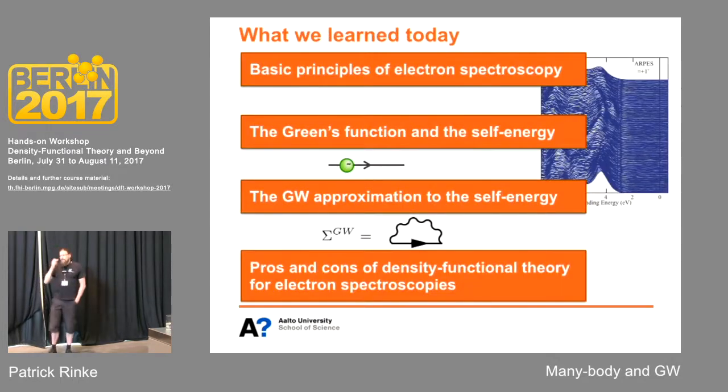Okay, so this brings me to the end of my lecture. I've introduced to you the basic principles of electron spectroscopy and introduced the Green's function and self-energy to you. Then I've shown you the GW approximation to the self-energy and given you a few cases where this really gives us access to the physics we're really interested in. And then I've talked a little bit, although very quickly, about the pros and cons of